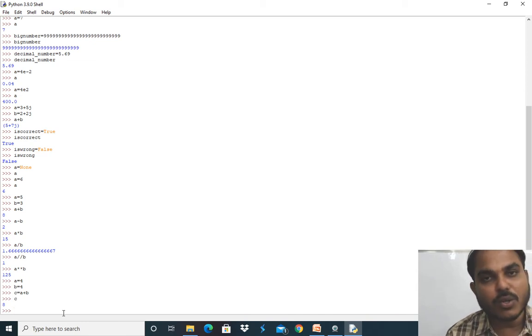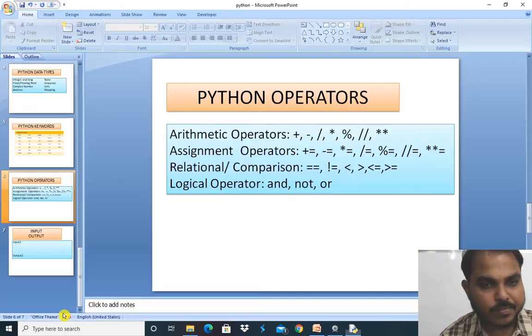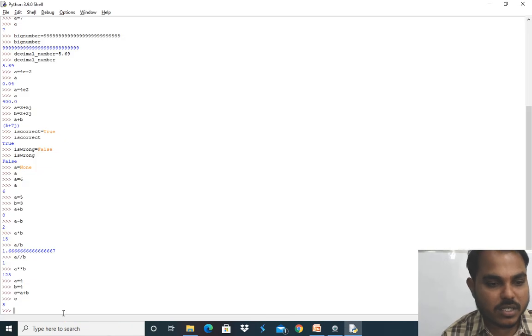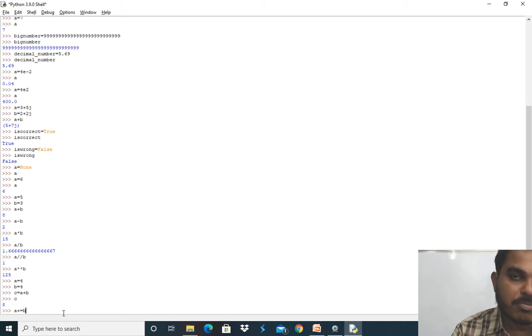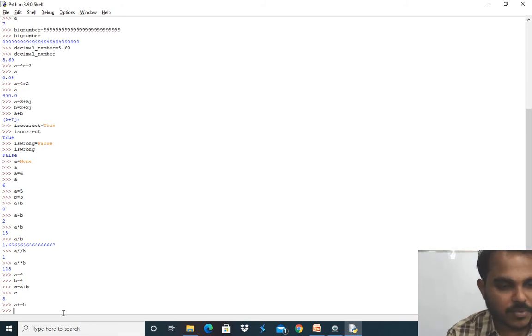If you don't want to use one extra variable, then you can use these assignment operators. See how it works. a plus equal to b represents a plus b, and it is again storing into the same variable, that is a. So if I call a here, a was 4 and b is 4.